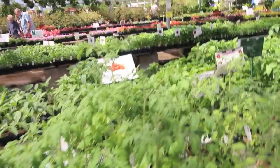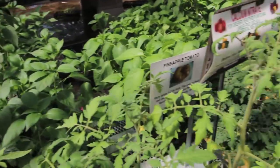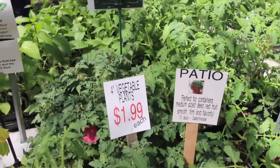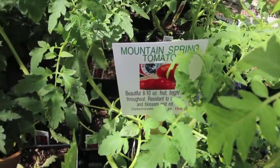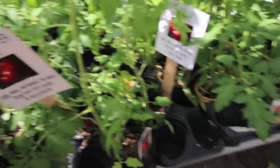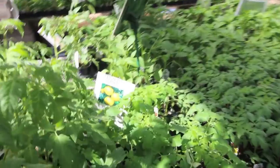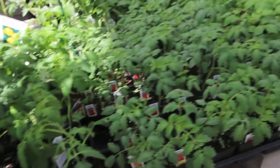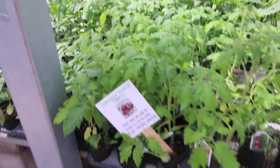Gold cherries, striped German tomato, pineapple tomato. Nah, I don't know. Maybe not that one. It's a Mountain Spring. Of course, you got your mortgage lifter. Then there's a lemon boy tomato, real lemony looking. German Johnson, Early Girl. More Cherokee purples,